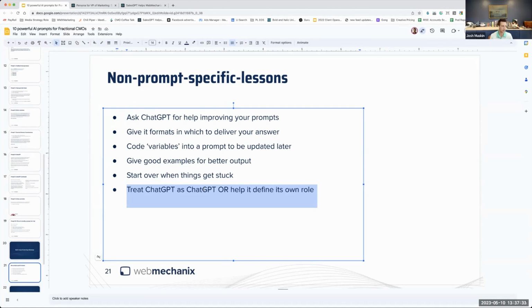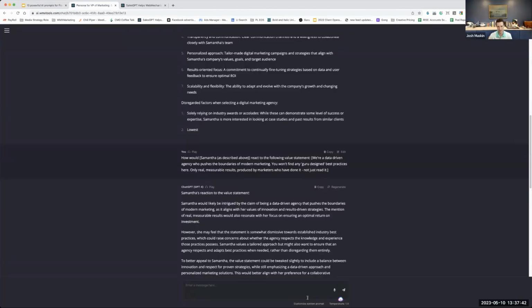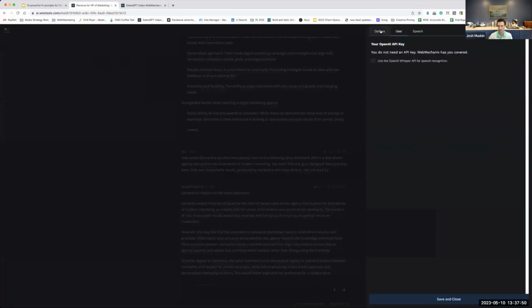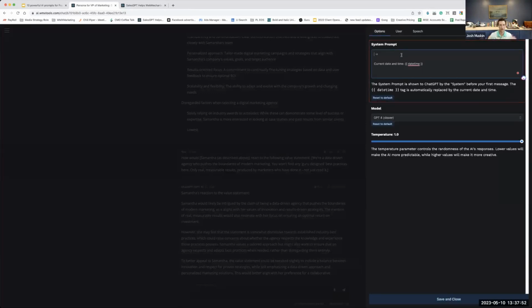You could do that for your own website to match language and tone. You can do that simply if you want to interact with it as a funny person instead of a not funny person. It doesn't really matter, but you can again tell it who it is and what it is, and you can even do that down here in system prompt. So you'll set the date and time, etc. But in this big window up here, you can even give it some more directive. You can say, hey, you are XYZ GPT. You don't have to put GPT at the end of it, but your name is Steven, and Steven enjoys long walks on the beach and horror movies. And so I want you to make references to those two things in all your responses